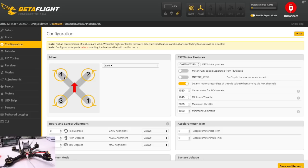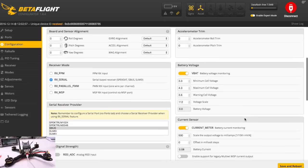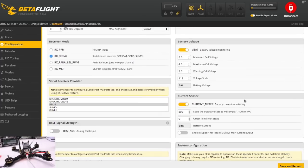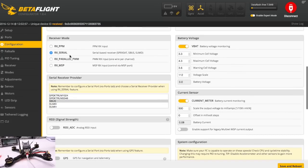So go down to configuration. Motor 1, 2, 3, 4. We have that set up. That's perfect. OneShot125 should be enabled. Disarm motors regardless of the value. That's fine. We'll go ahead down here. We have VBAT. That is enabled as well. That lets me know on the screen when I have low voltage. Very important. Now your receiver mode, RX serial receiver provider is going to be S-Bus, because I'm running an FrSky